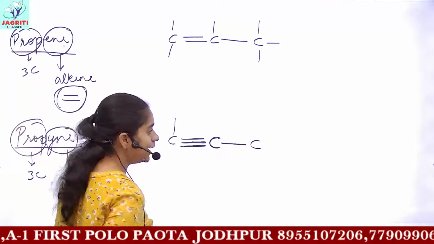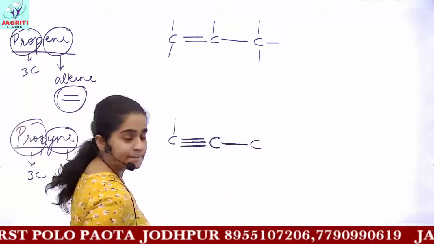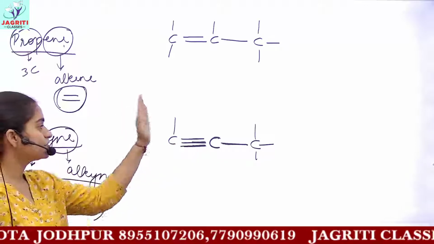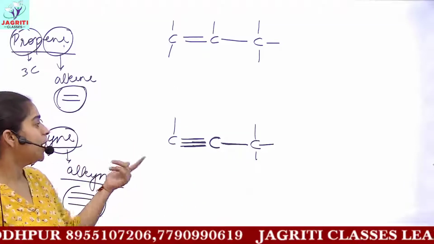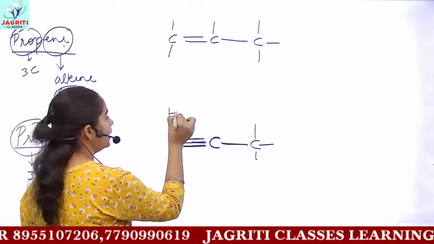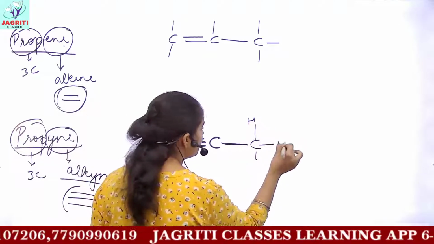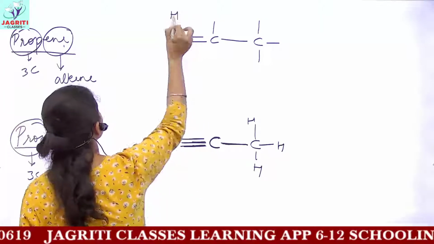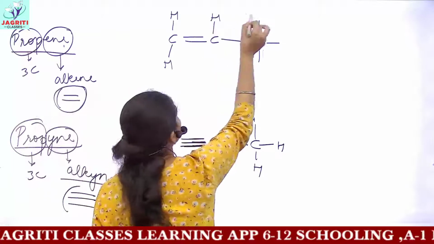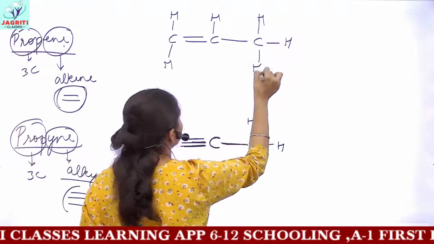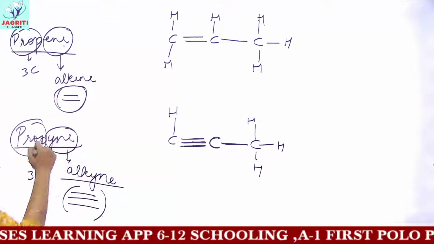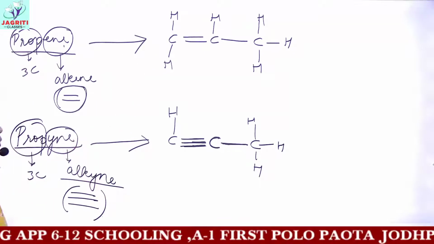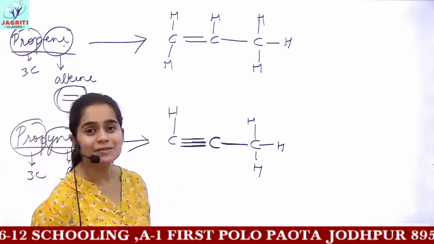Coming on to the third carbon, you have 1 bond and then you have the remaining 3 bonds with the next carbon. So the required structure would be this. Now the only remaining thing is to attach hydrogens wherever you have added your extra valencies or extra bonds. So complete the structure by drawing hydrogens, and this would give you the structure of propene and propyne. This is the structure of propyne and the above one is the structure of propene. I guess now this would be simple to draw.